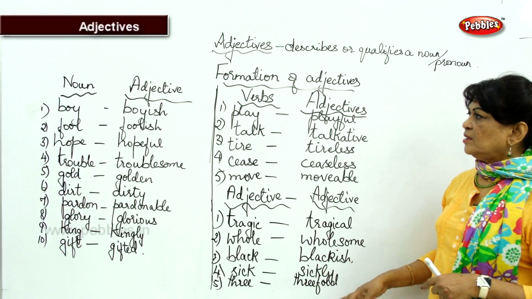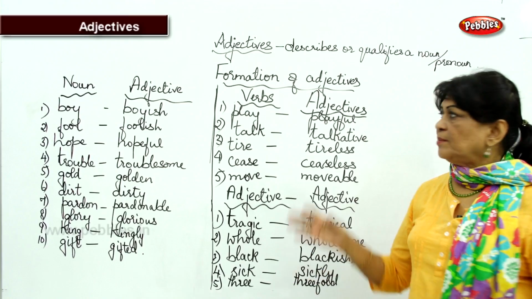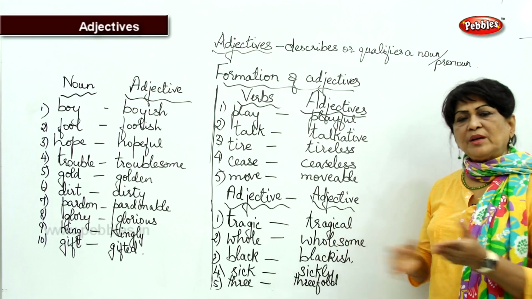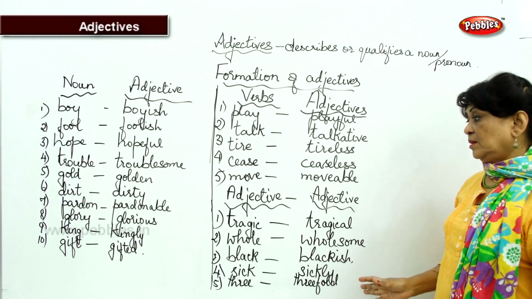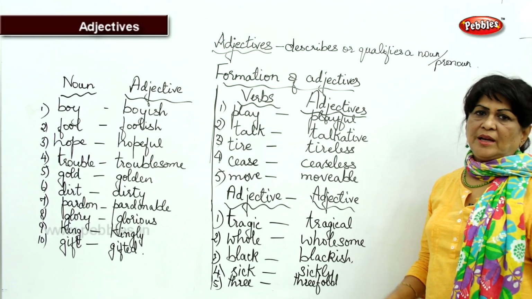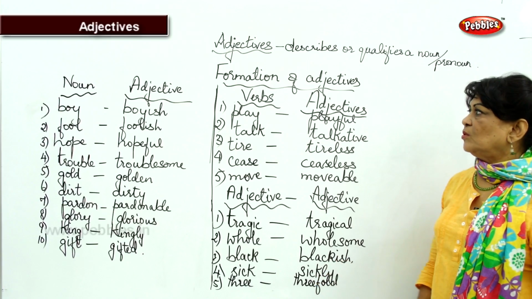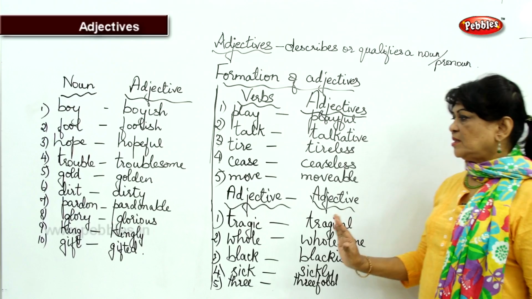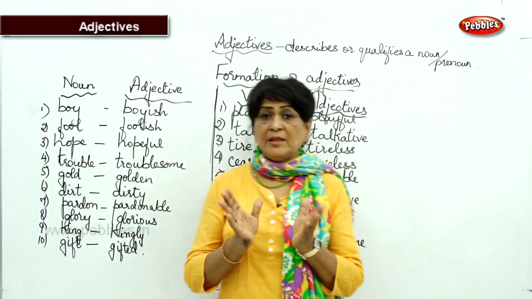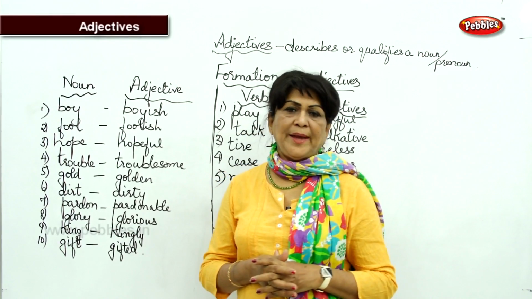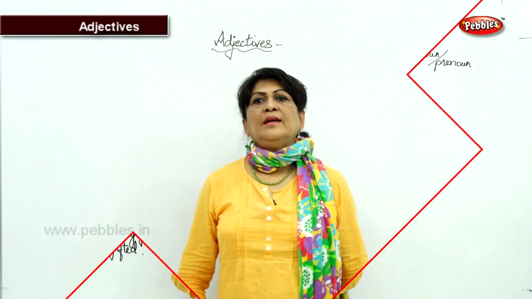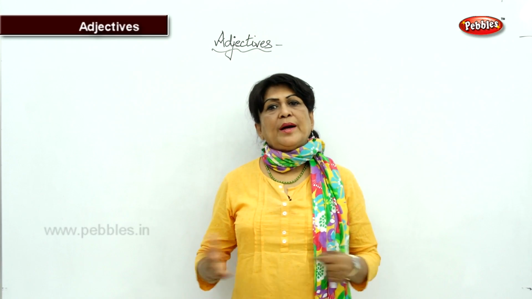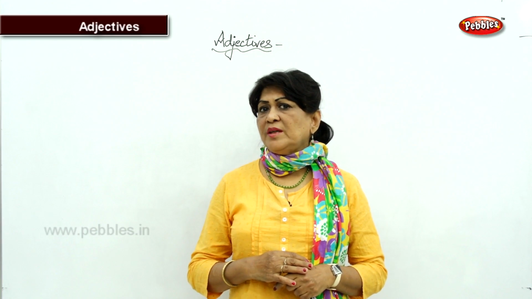Okay, threefold. So have you understood the concept now? How nouns, verbs and adjectives can be converted into adjectives as such. And I have given you how to use them also in sentences. So you are thorough with adjectives as such. Now we are going to see the different degrees of comparison. Okay, we saw how to change different parts of speech into adjectives.